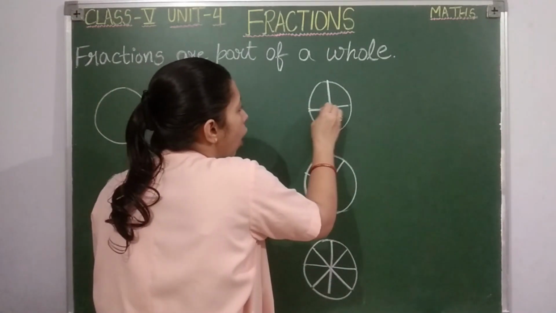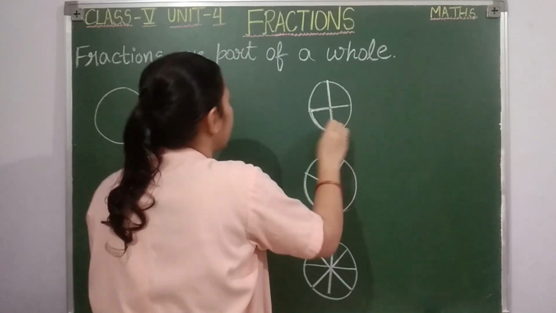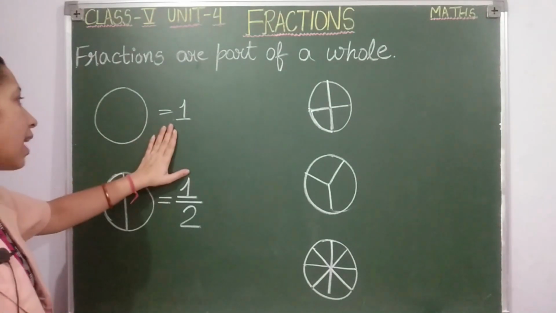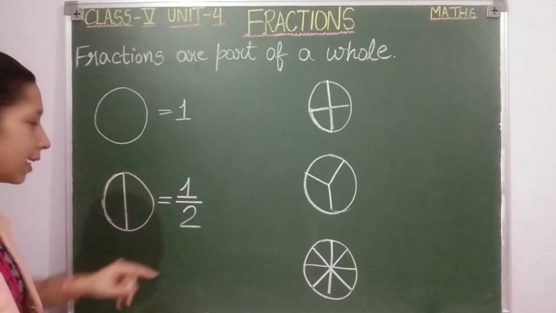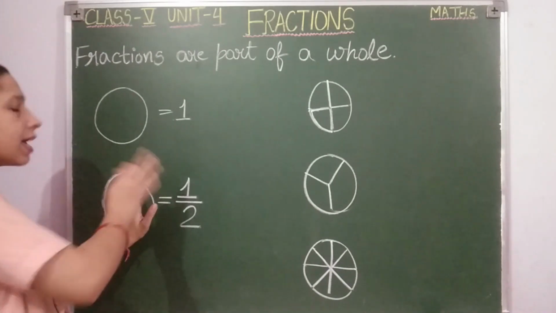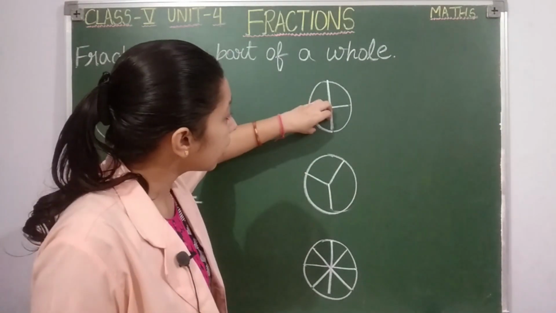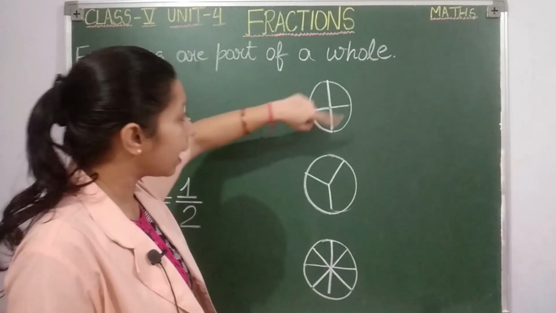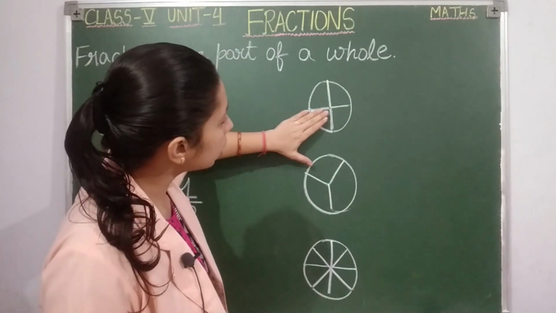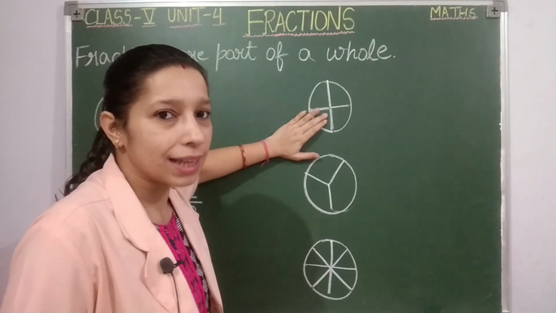Suppose I want to know how much is this part of the circle. How we will answer, students? This circle I can easily answer its number, that it is 1 complete circle. This circle also I can give the number, it is half of the circle. But now what about this circle? How you are going to write the number for only this part? I am not asking you to give the number for the complete circle. I want the number just for this part, students. How you are going to say the number?